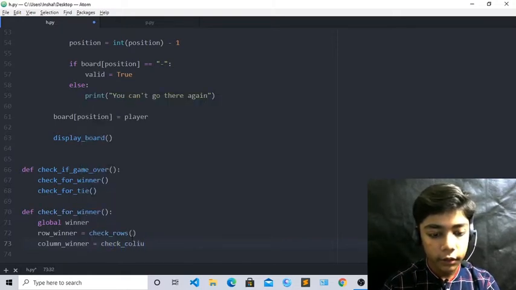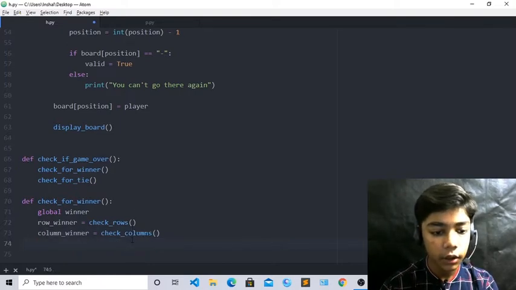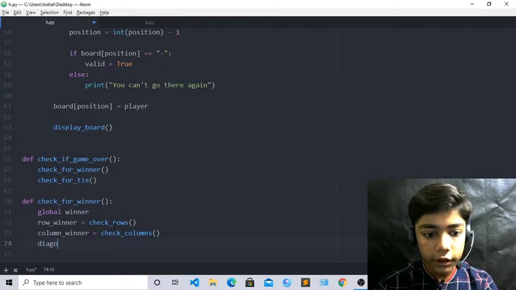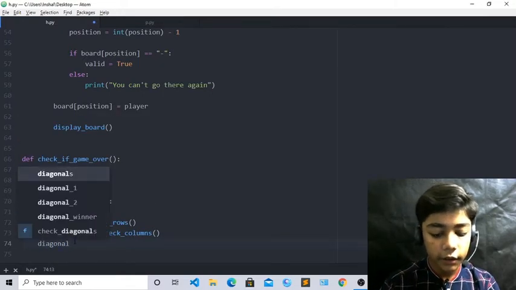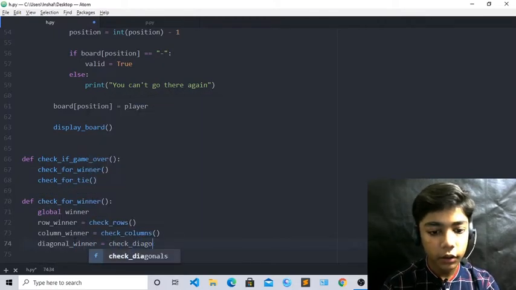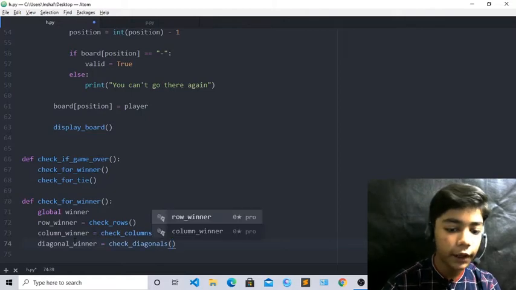You can see we have defined our check columns here also. Now write diagonal winner, and it will be check diagonals, because we have to define these things also.